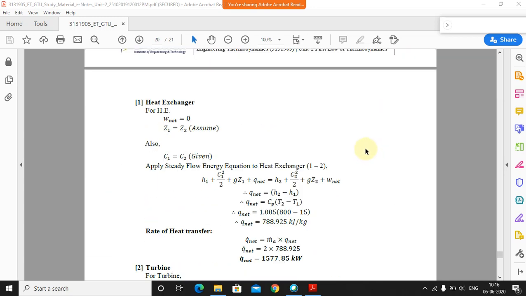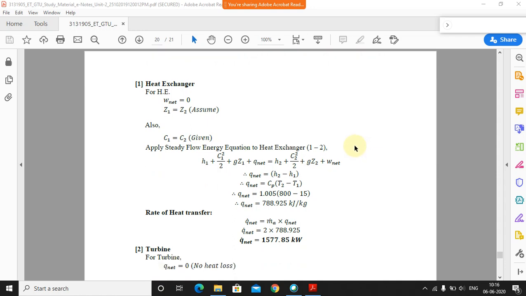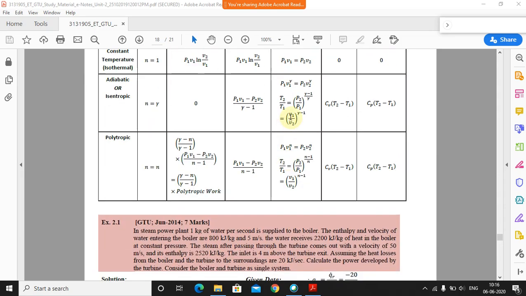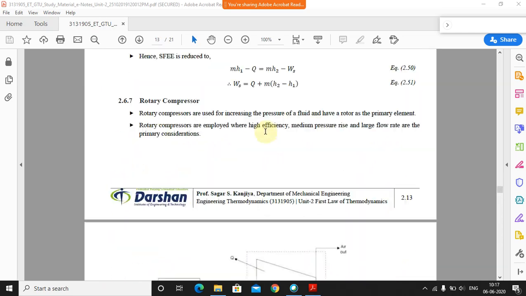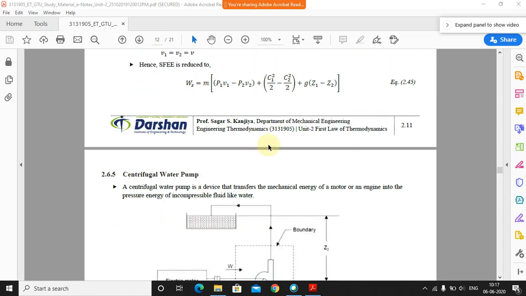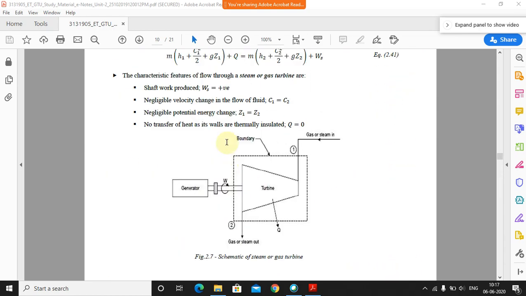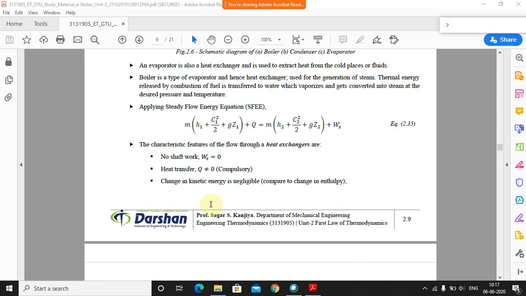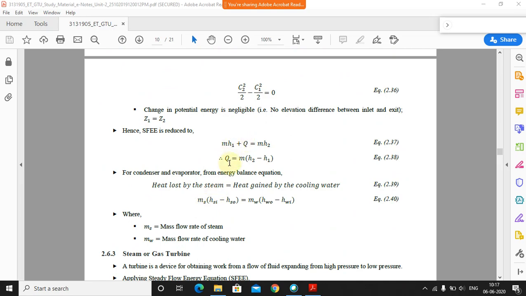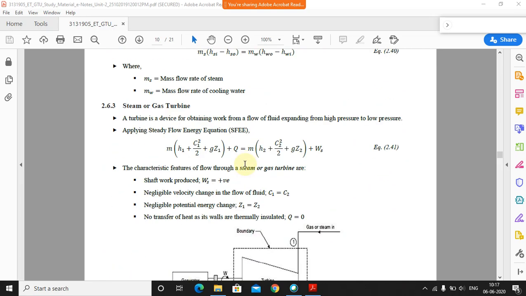Okay, so now we need to do a separate calculation for each and every system; for each and every application we have to write down the separate equations. So basically, first of all we will try to find it out for the heat exchanger, right? So already we have calculated the things, but again we'll do the same thing. Just one look at it. Okay, this is the heat exchanger, so Q is equal to m into H2 minus H1.